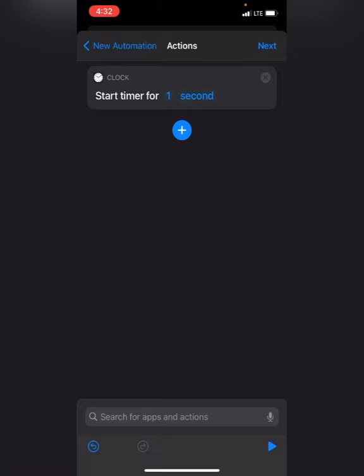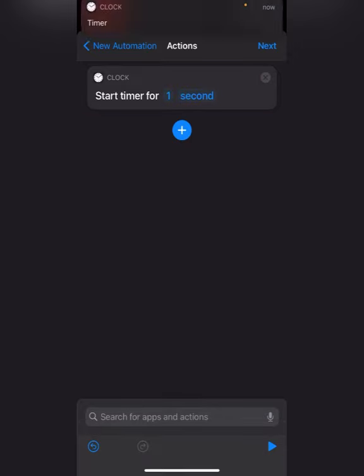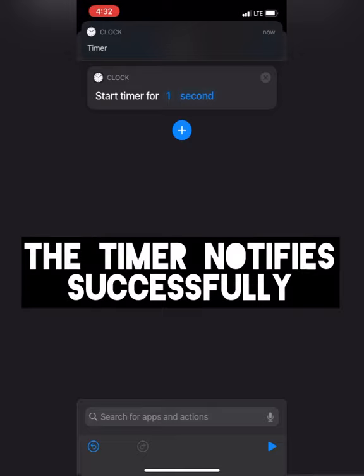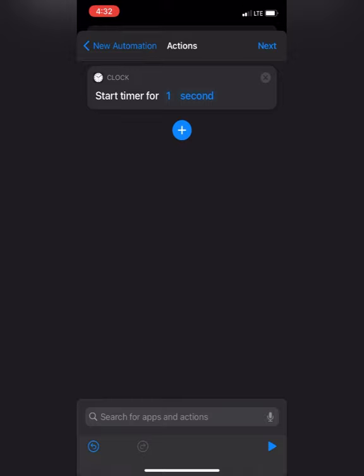You can see here. When the charging reaches the 95% peak position, it rings like this. Here the timer made the sound successfully, which won't be recorded in this screen recording. Like this we can set up our automation.